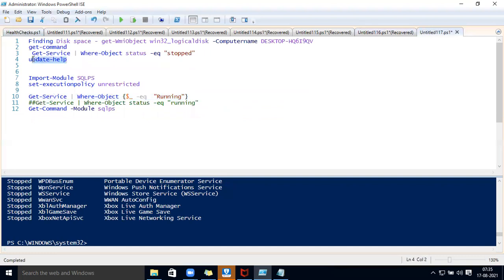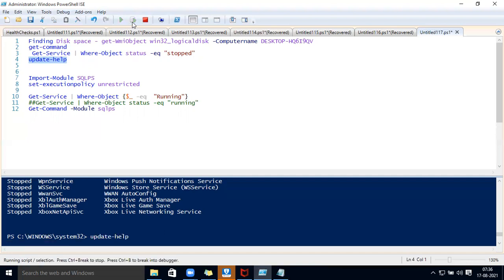There is one more thing. If you are going to use Get-Help, Get-Help may not work for all commands. So before doing that, please do Update-Help. I'm not going to run Update-Help here, as your internet has to be connected. If you run Update-Help, the help for all commands is going to be updated. I will run it; it will take a little bit of time. I think I updated only before starting the class. See, the help update is happening now. So please do the Update-Help.